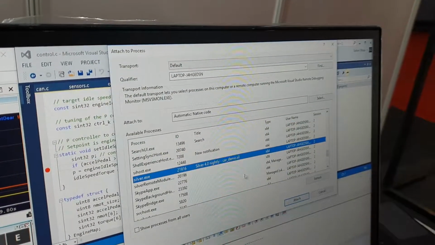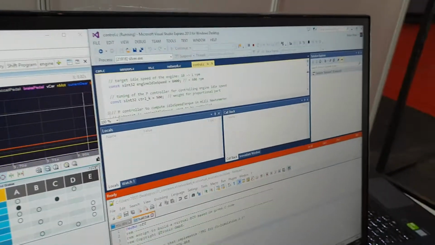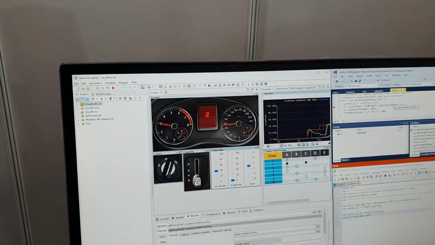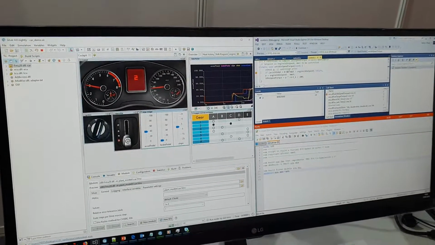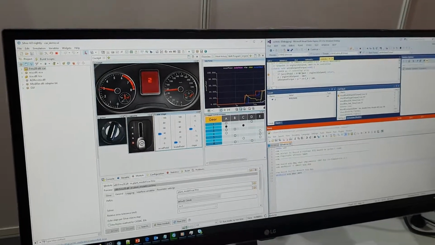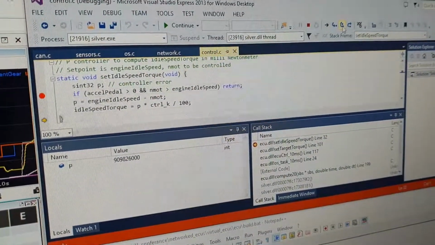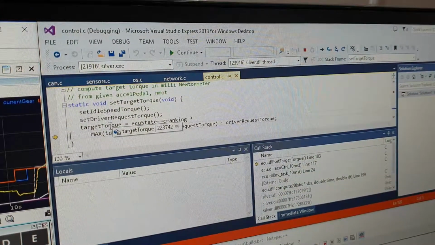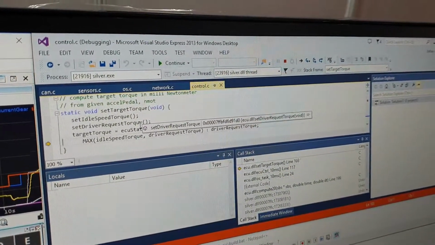Okay, attaching now. Once it is attached, we just run Silver, and as soon as the DLL will hit this point in the code, the simulation will stop, and now we can debug it in Visual Studio and actually go step by step through the simulation. And we can look at values of variables in Visual Studio, see what's wrong with our problem,